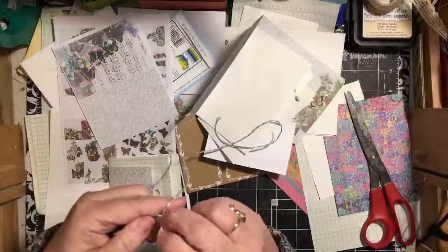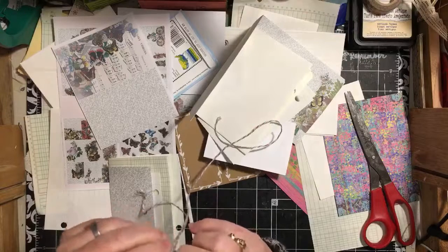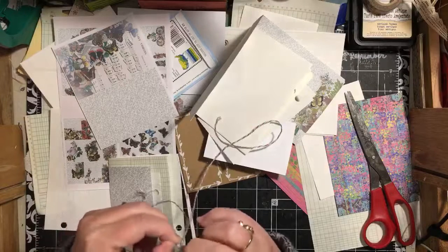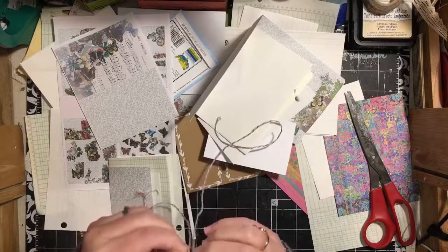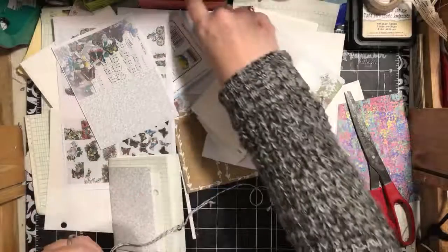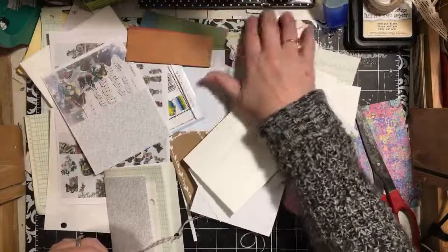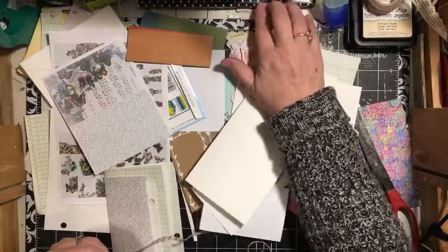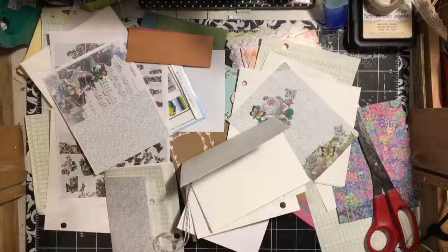Okay, so let's see. I have this string left over from making the purse kits. Trying to use up stuff, you guys. So that happened to be up there. Hopefully I have a needle. Oh, needle, where'd you go? Might not get to use this thread because I don't know if this will go through my...